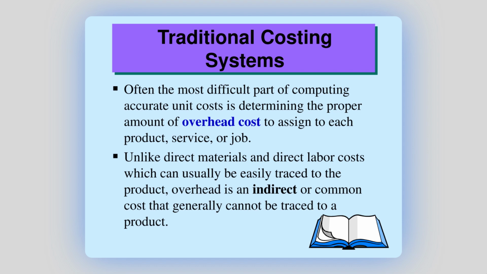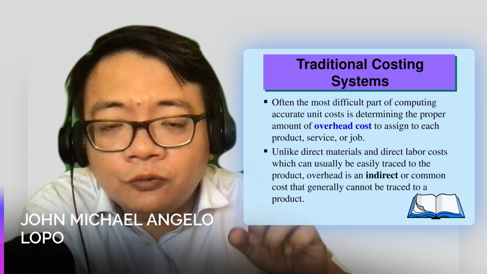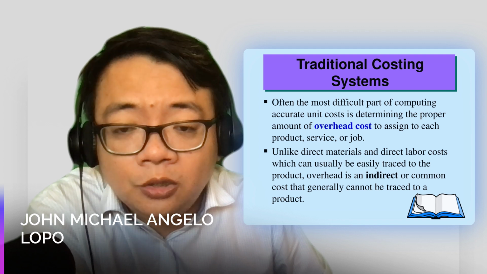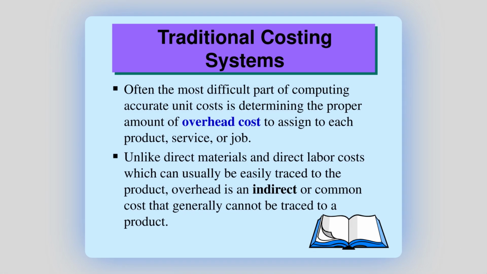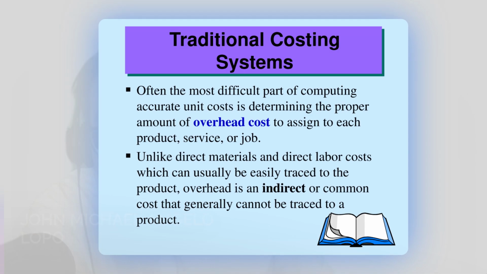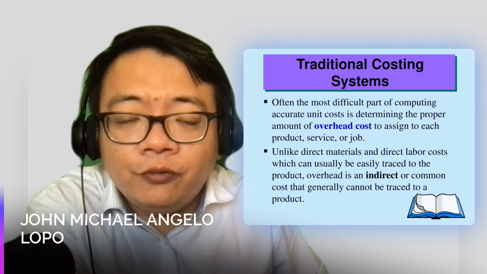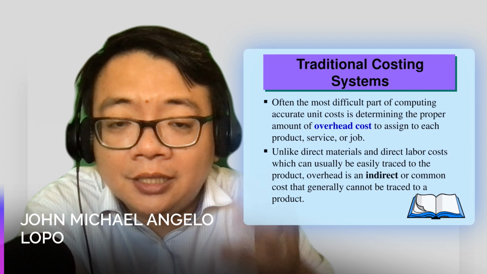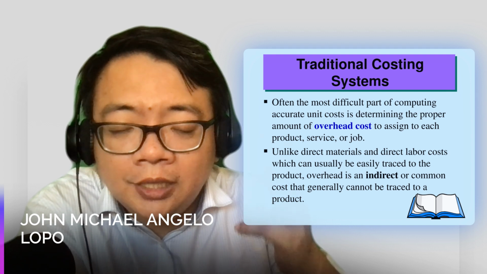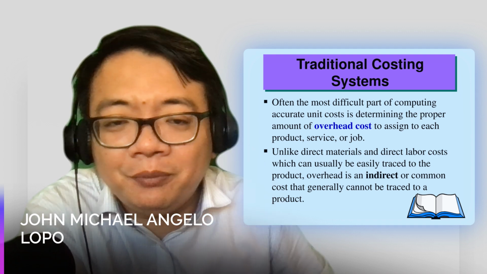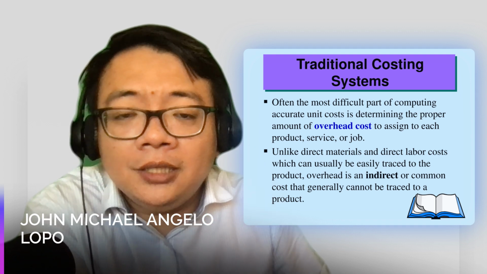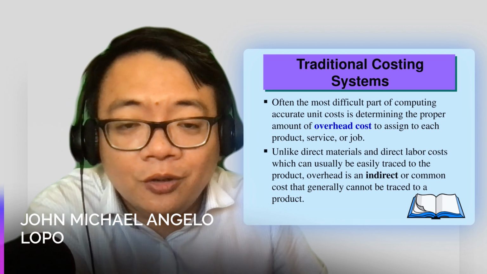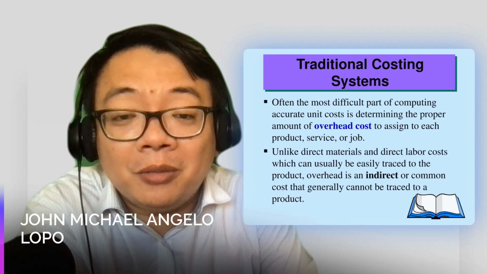Okay? That's why very important here is to compute for the estimated overhead, unlike direct materials and direct labor costs, which can usually be easily traced with a specific product. Ano nga yung reason, class? What is the reason why the overhead is based on the estimated? Because yung ating SOA ay marireceive lang natin usually at the end of the month or 1 or 2 or 3 months after pa nga. Meaning to say, we need to estimate the factory overhead. Sabi nga sa kasabihan, anin pa ang bato, ay ang kabayo kung patay na, ay anin pa ang damo kung patay na yung kabayo. Okay?